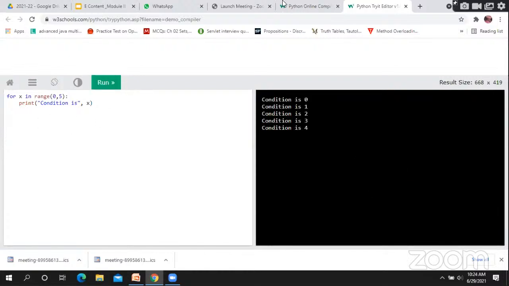So what I have done, I have initialized the x variable. Now, what is my range? Range is equal to 0 to 5. How many numbers will be there? 0, 1,